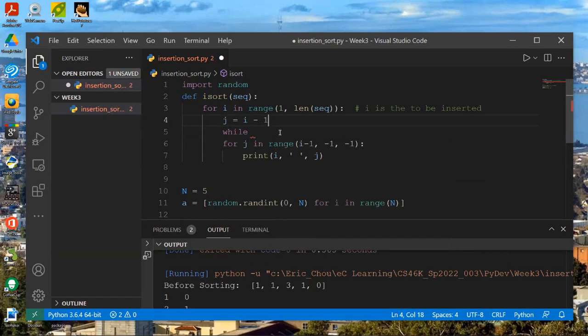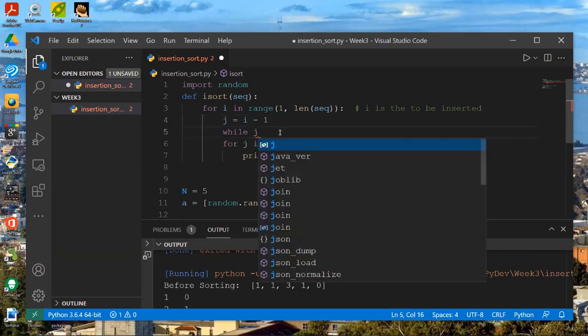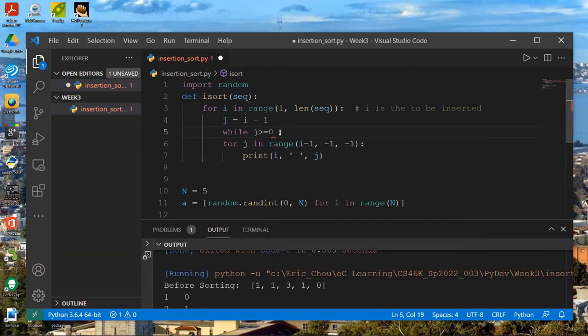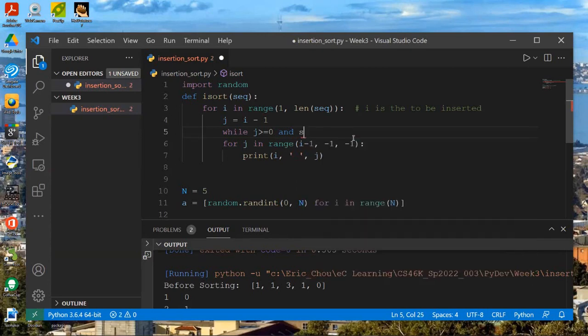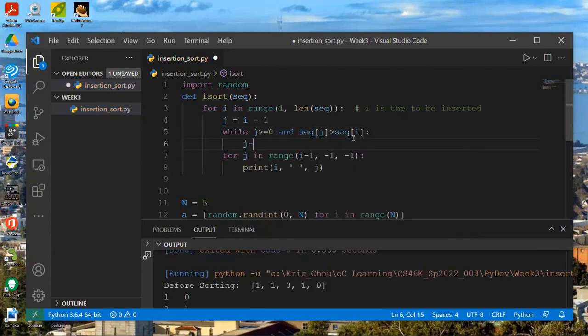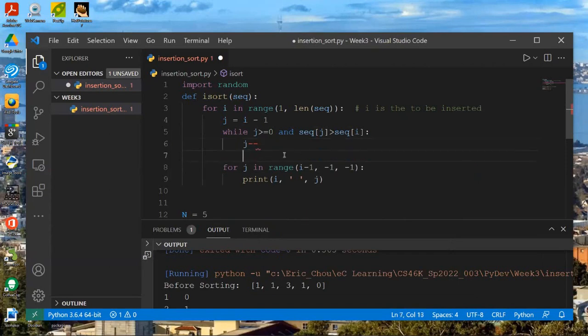J value decreases by 1. So while J is greater or equal to 0, and the sequence of the J value is greater than the sequence of the I value, you will do J decrease.